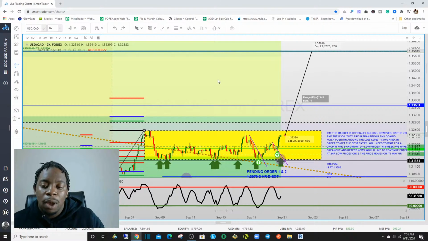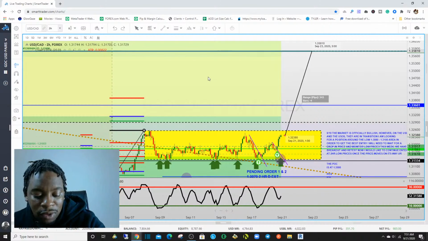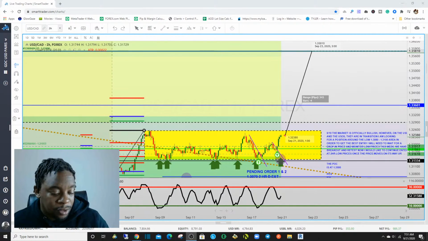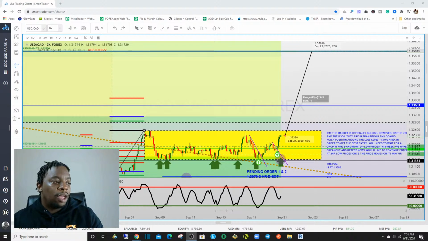So while this market is actually moving, we're going to keep on trying to look for low prices to be able to get in and be able to take our positions. But overall, I do think that this is a very solid position to stay in at this particular point. So that is pretty much it for today when it comes down to all of our trading positions at this particular point in time. Obviously, it's early in the morning, so we're going to see how everything kind of reacts when it comes down to the